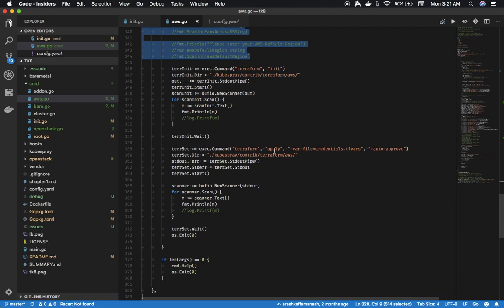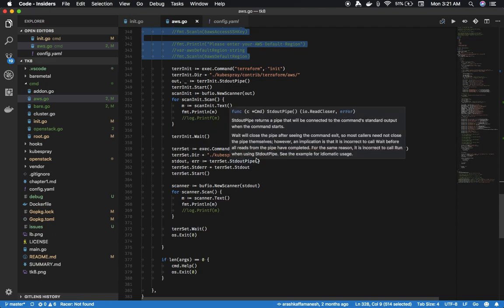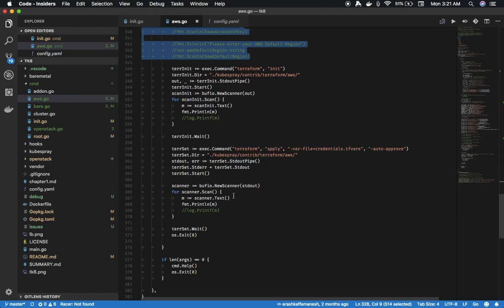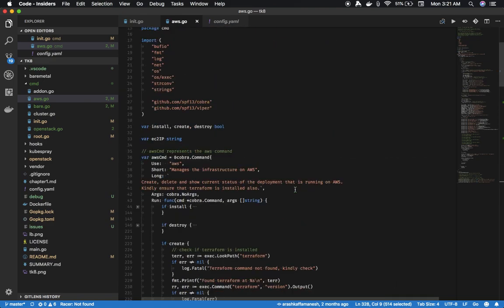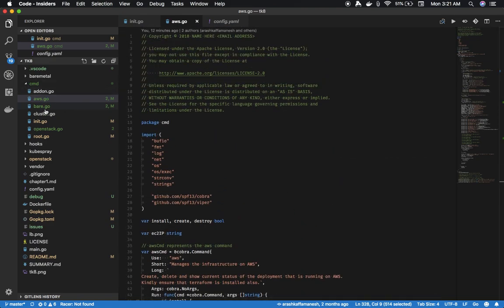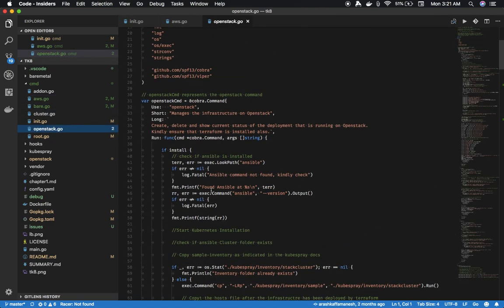Similarly, we go ahead and set all the parameters, set the command, connect the standard output, standard error, and then connect Terraform's output to our screen's buffer.io output, and then voila, go ahead. So that was AWS. Similarly, OpenStack.go again specifies the command,